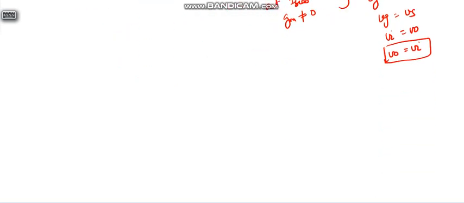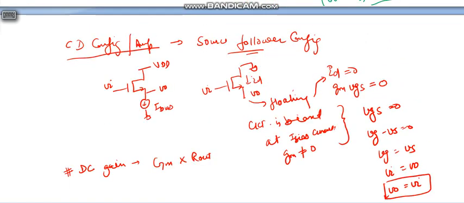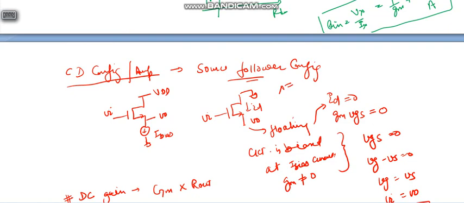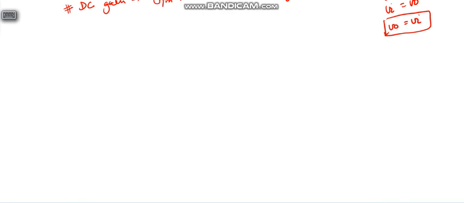Okay, now we need to find out the DC gain. For this we need the transconductance and output impedance. Here we are considering lambda equals 0, Ro equals infinity. This is our assumption. So first we will find out